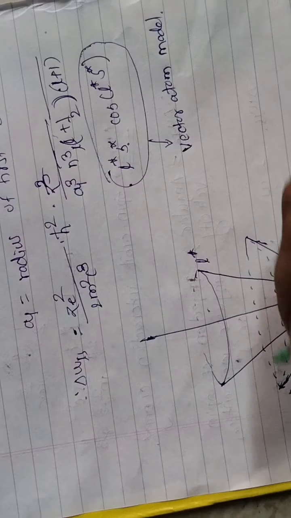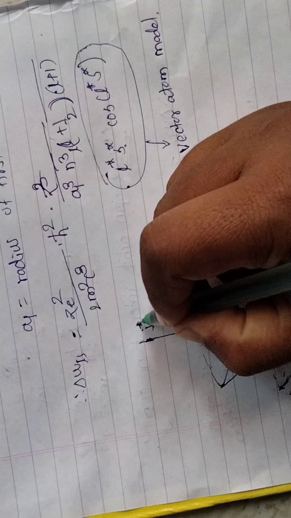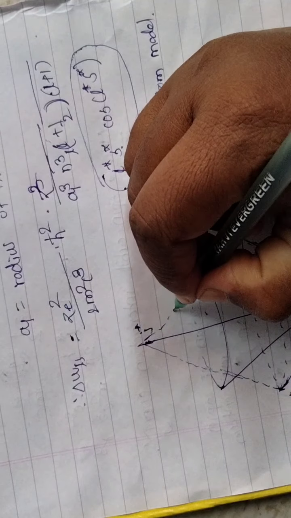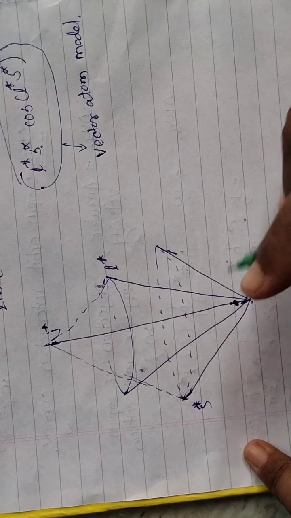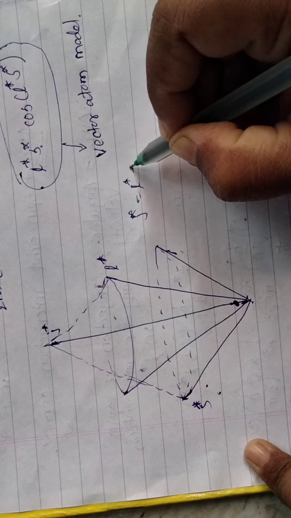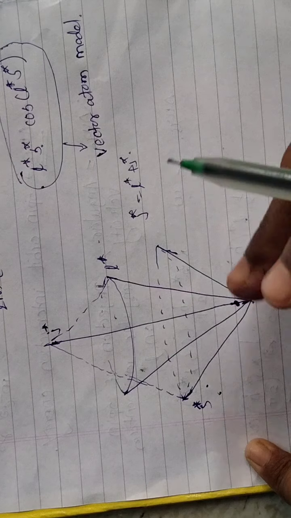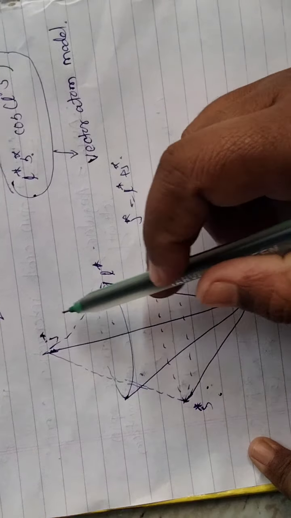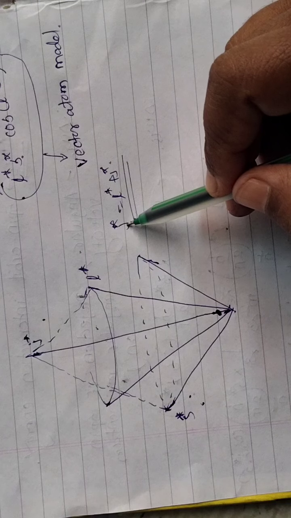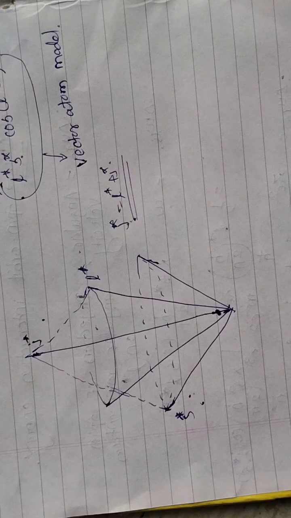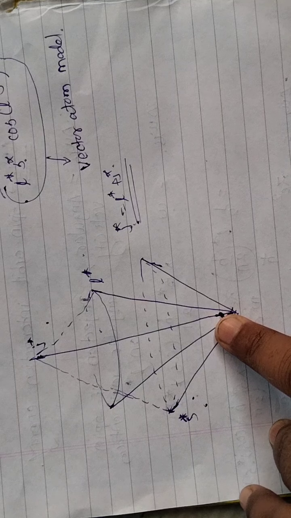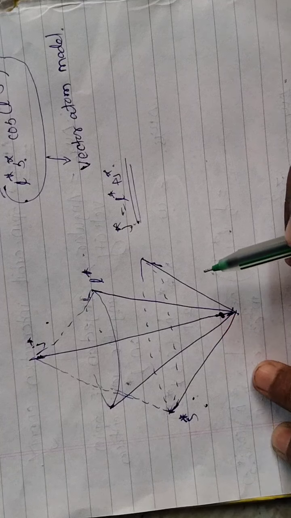And when we calculate the total angular momentum J star of both of these, we calculate here the total angular momentum. How do we calculate it? J star is equal to L star plus S star. So this is the projection of L and S around the J. So we are calculating here the total angular momentum of the electron. So we are moving towards the vector atom model, the projection of L star and S star.